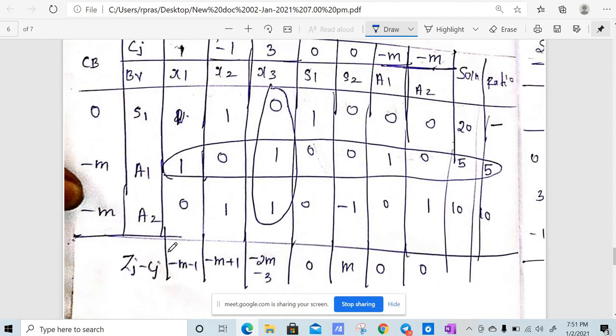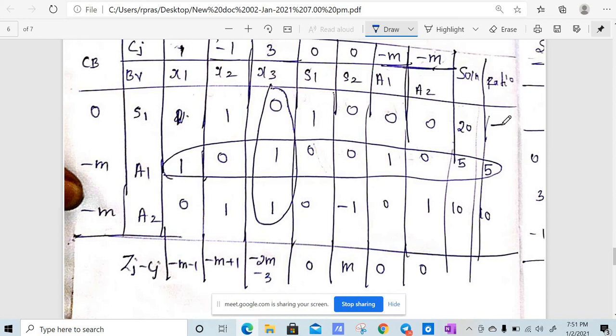So find zj minus cj, so it will be minus M minus 1, and you can see all the steps are very much the same. What is the most negative value? And one important thing is, whether it is maximum or minimum, you should always choose the most negative value, right? So in the big M method, even if it is maximum, even if it is minimum, you should always choose the most negative value. So which is this? This is the key column, and you find the ratio, and here you can see the solution is 20 divided by 0.